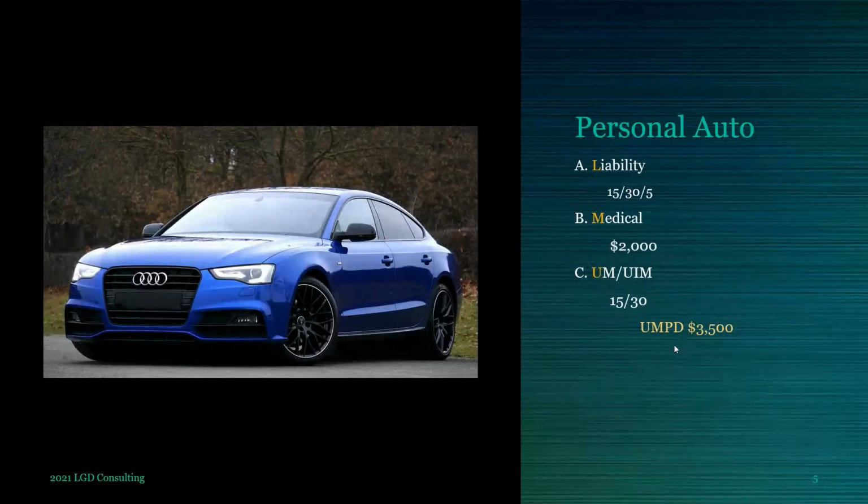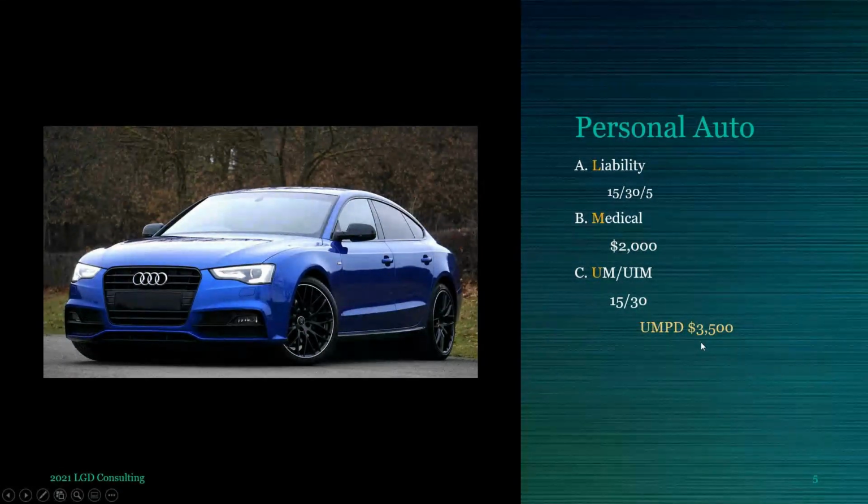And so if your car is parked on the street in the middle of the night, someone hits it and takes off, okay, that's the maximum we're going to pay to fix your car. All right. In the real world, for this UMPD, we need a picture of the license plate, or we need digits off the license plate. Okay. Otherwise, they might say, well, we're not going to pay because you probably had a collision claim, and now you're just saying someone hit it in the middle of the night. All right. So be wary of that.